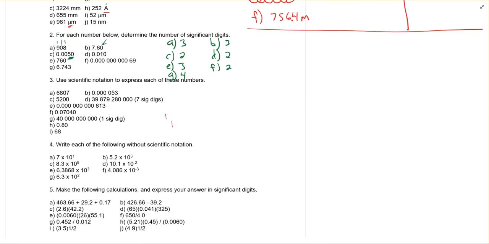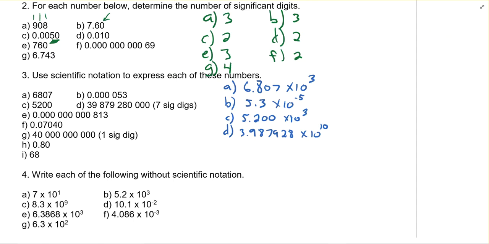All right, number 3, use scientific notation to express each of these numbers. I'm just going to write them all down to the right here, and you can check your answers. I just wanted to draw your attention to D here, where it says 7 sig digs. It had to tell me directly that it only wants 7 sig digs in my scientific notation answer, because